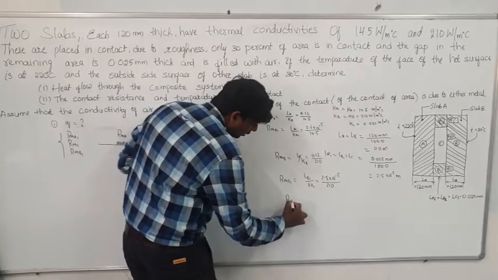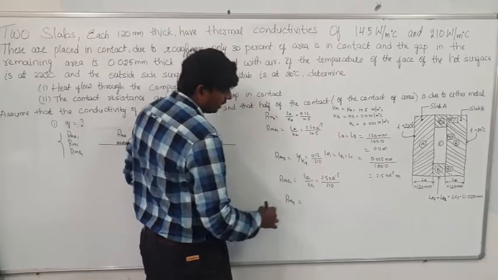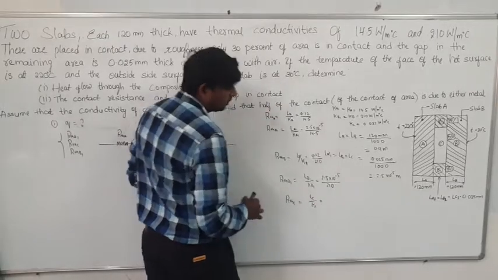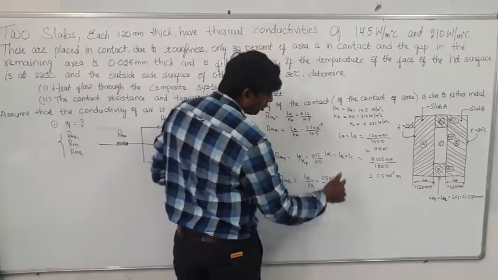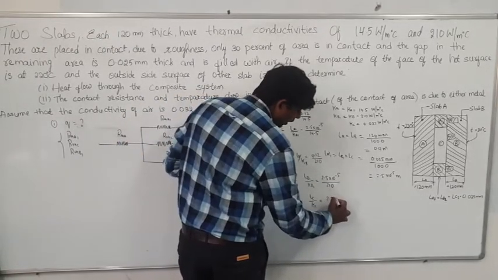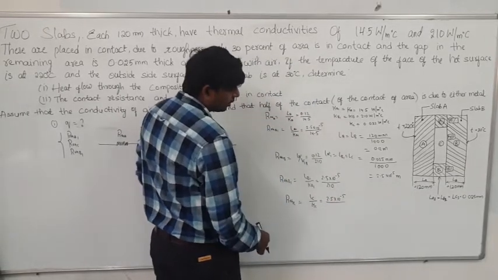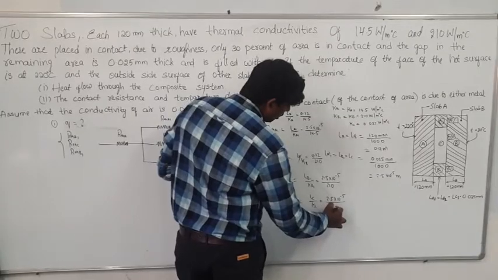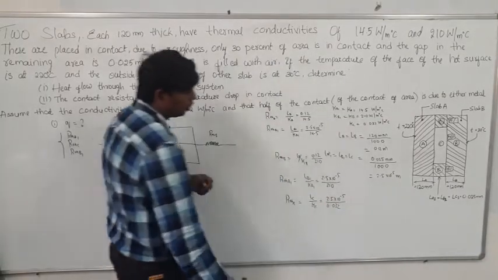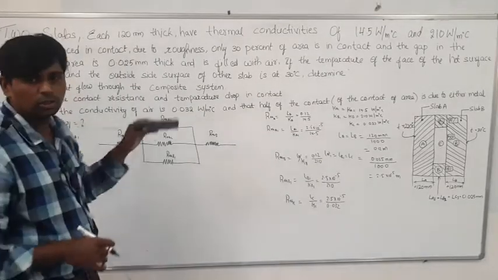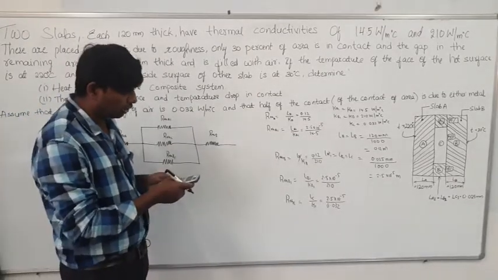After that, last thing you have to find out RTHC. For here LC by KC. LC value is equal to 0.5 into 10 to power of minus 5 by KC value. KC value is equal to how much? 0.032. Now with the help of calc, you have to find out this value.